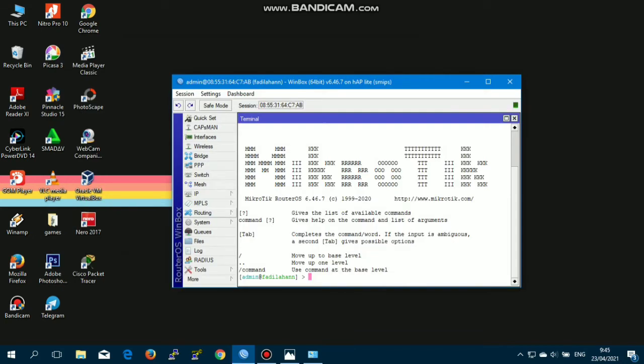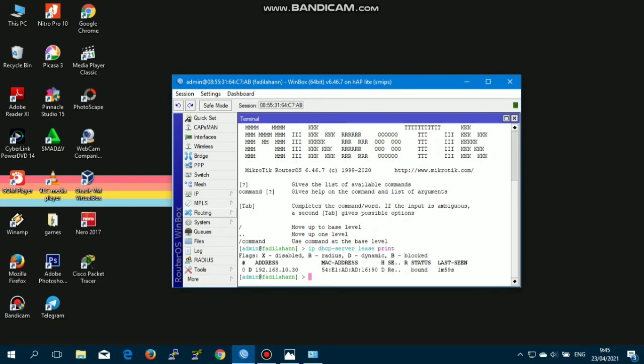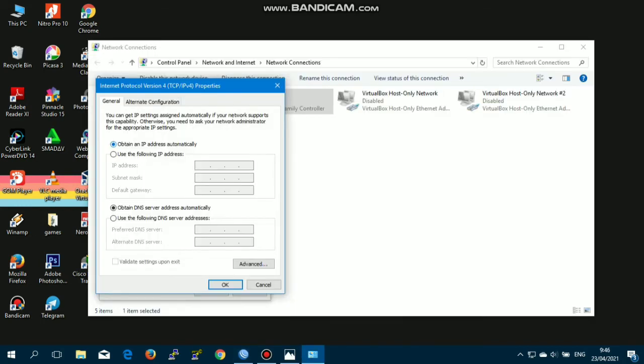Then we can also check it by using the command IP DHCP server lease print. It can be seen that the client is connected to the IP address 192.168.10.30 with dynamic status.